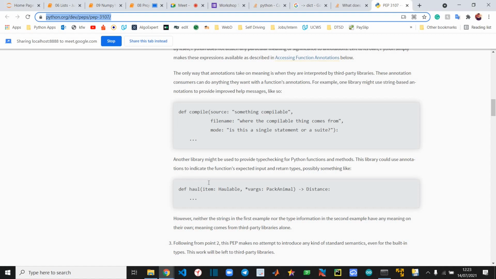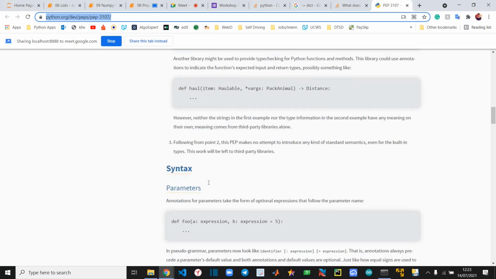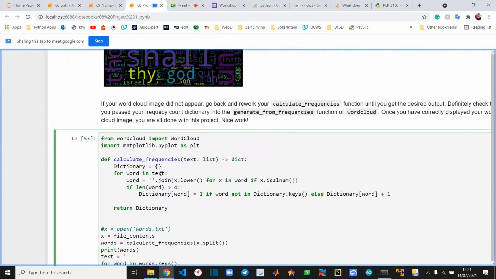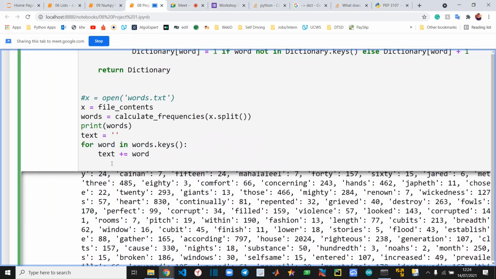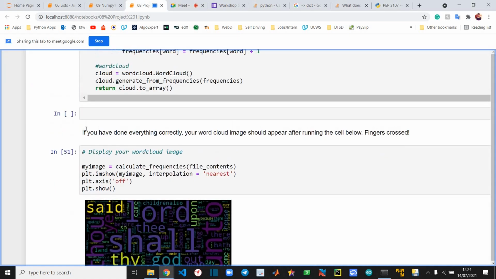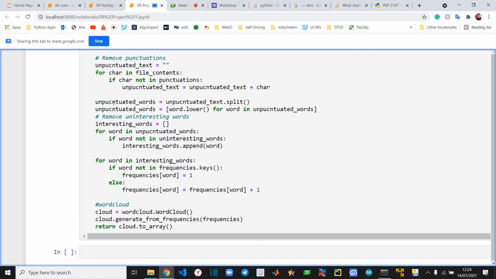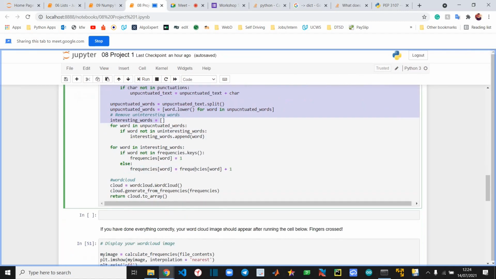You can define types like this. If you are doing physics, you can define units like this, and then maybe in the documentation you can get this. I have not worked with them much, so I cannot answer this question in much detail. Does anybody have any question related to the syntax of this particular thing? If you have no questions, okay, we'll move on then.